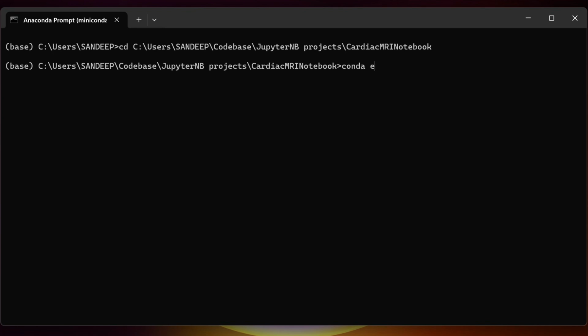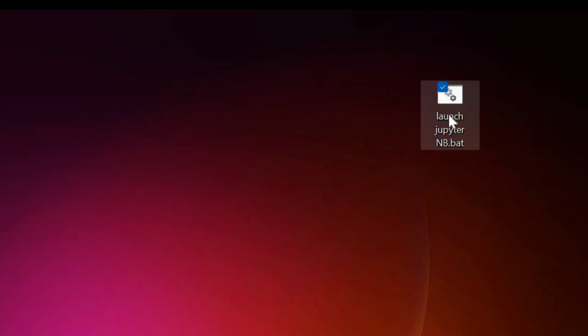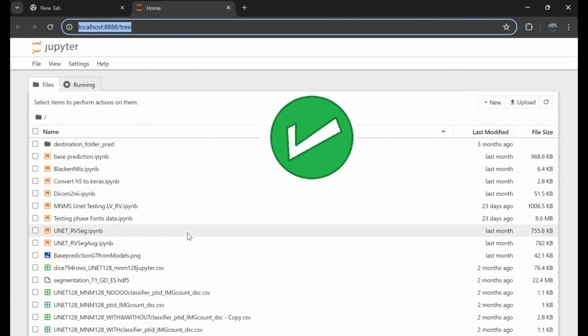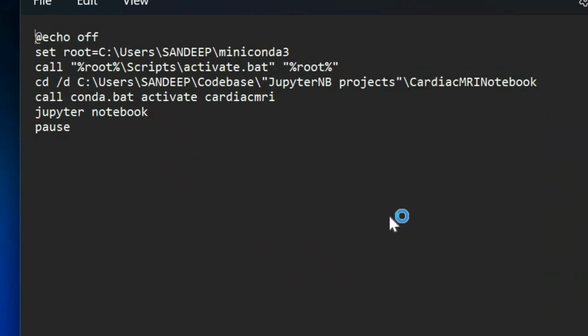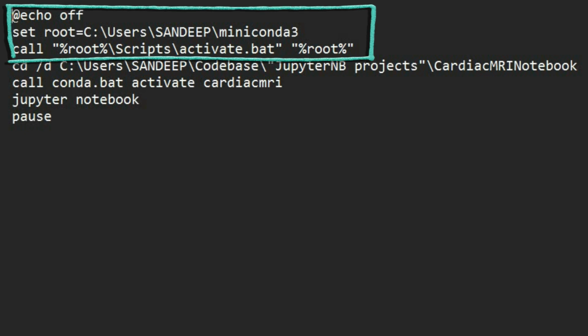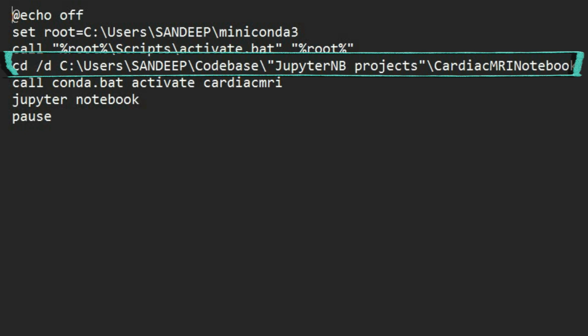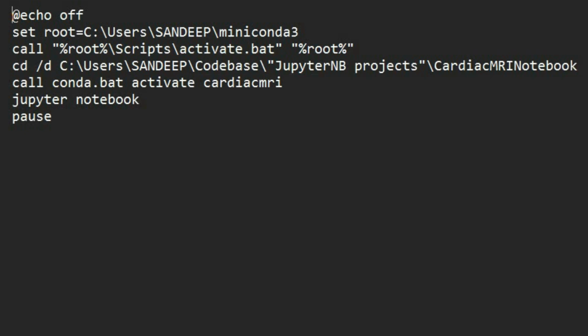Running a Jupyter Notebook requires writing a lot of commands, but we can run Jupyter Notebooks in a single click. Just create a new text file and type this text. These lines activate the Miniconda script, and these lines change the directory to the folder where your Jupyter Notebooks are